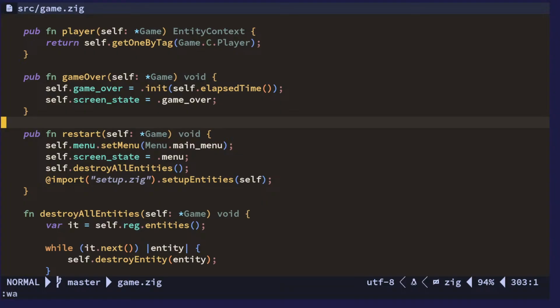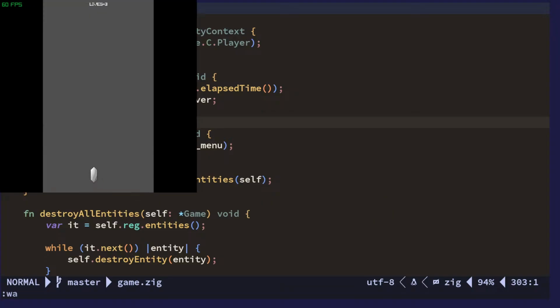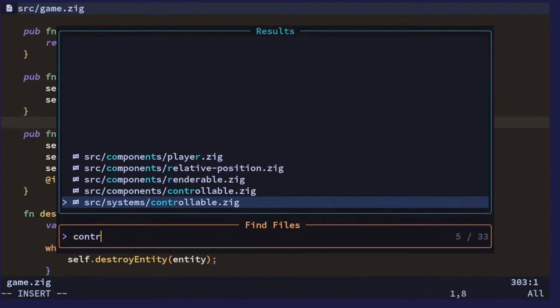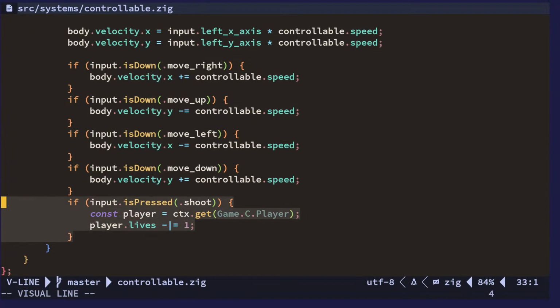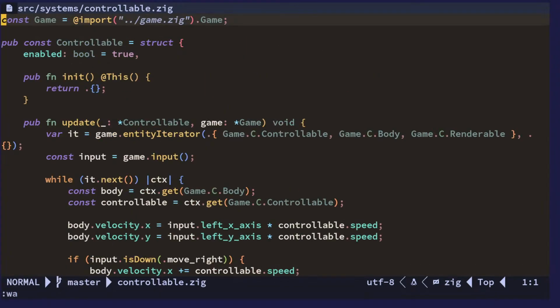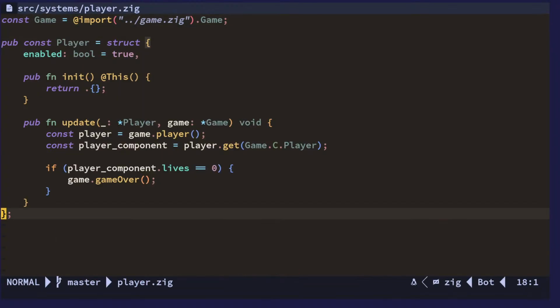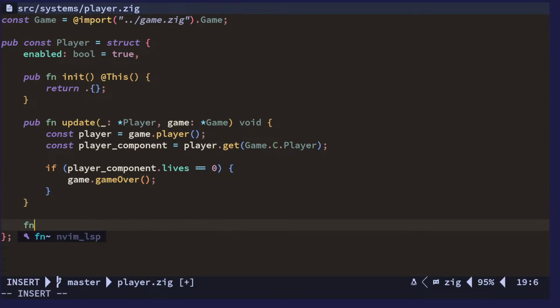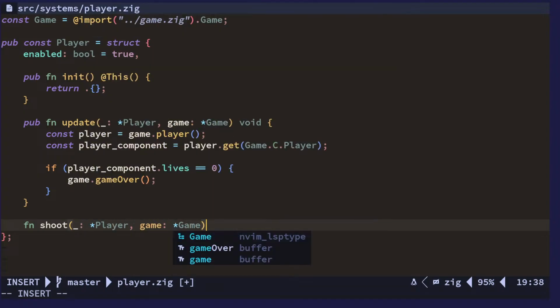Okay, so let's now make this. I'm gonna remove that so we don't kill ourselves. Let's make it so that we can shoot bullets. We're gonna do that from here. I'm just gonna call this shoot here. And yeah,